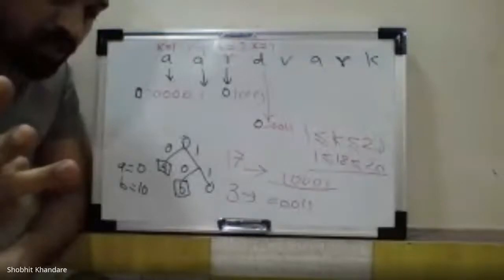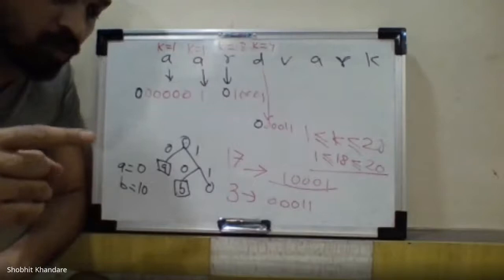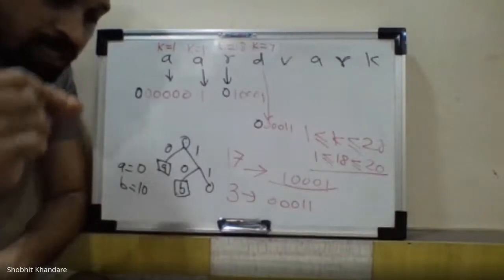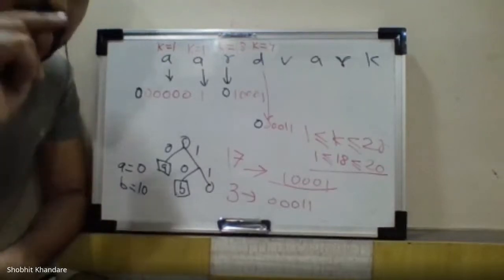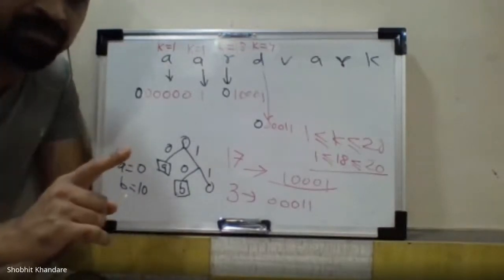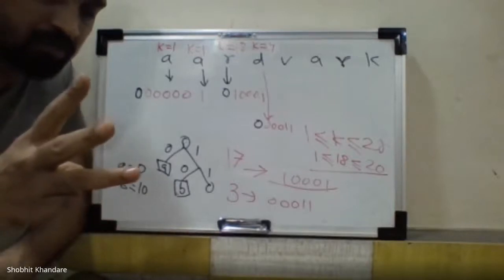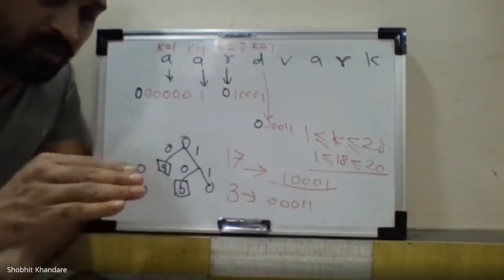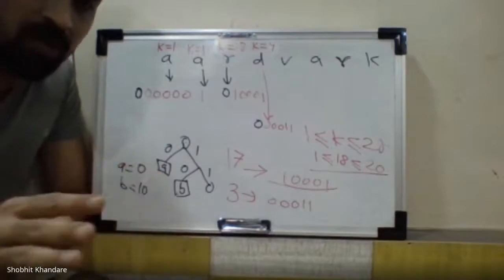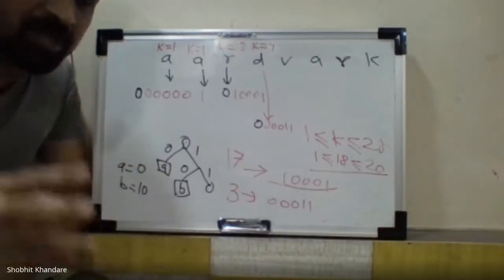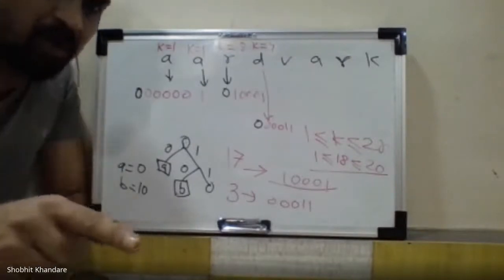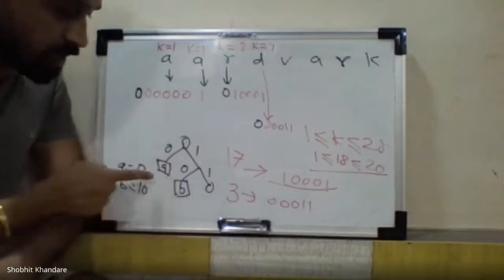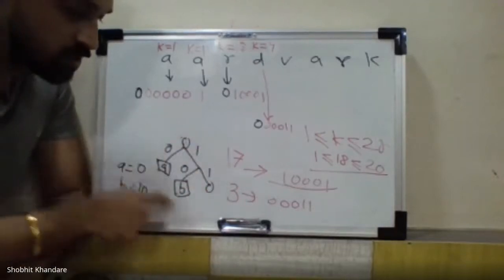No, for the third step: if the symbol has not come for the first time, then send the code for that particular symbol. In that case you have to refer to the tree. I am talking about the third step. In the third step, nowhere have I talked about the fixed code, so no calculations are required. If the symbol has come for the second time, you can directly write down the respective code for that symbol by using the tree diagram, as I have shown here.